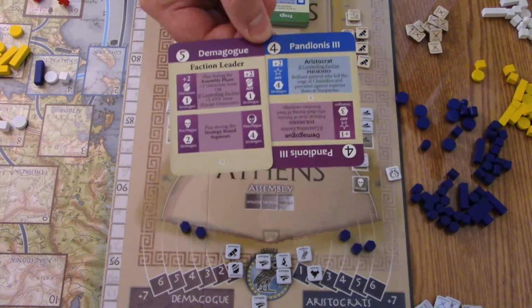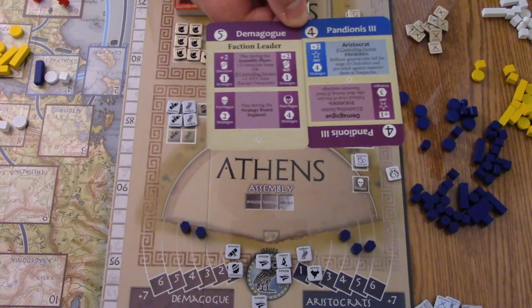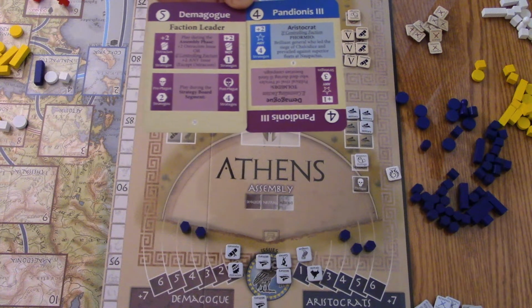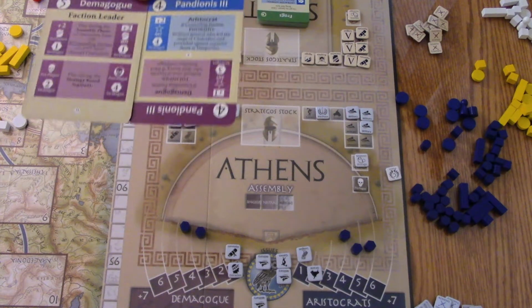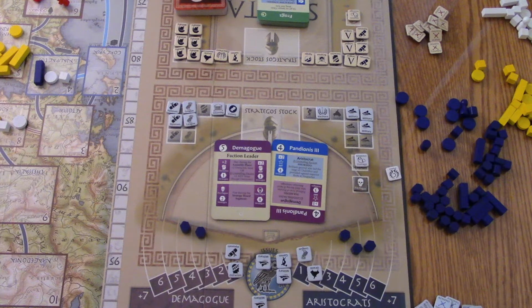The demagogues have played their faction leader card for the +2 on the ostracism issue, which gives this card a value of 7. The aristocrats start with a value of 4, but because they are the controlling faction, they can add the +2 for 6. So this does drift 1 in the direction of the demagogues. However, since the demagogues have played their faction leader card,